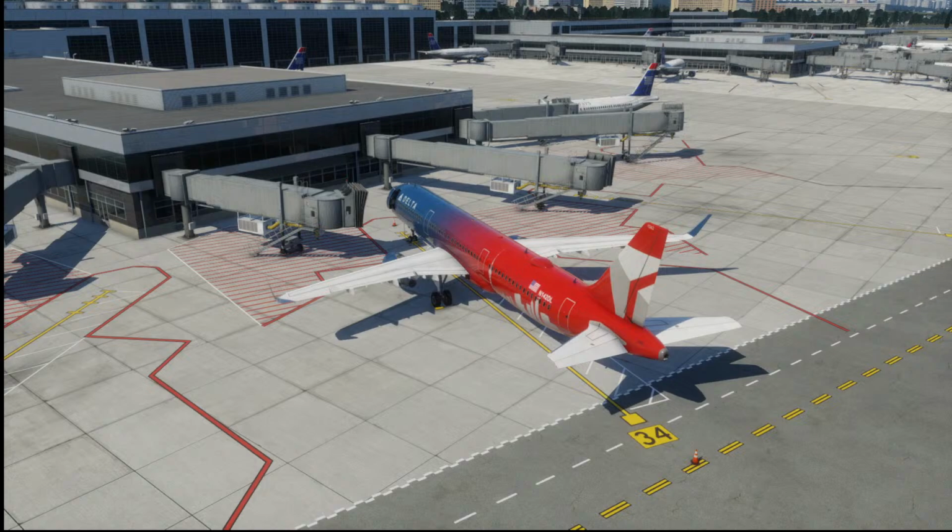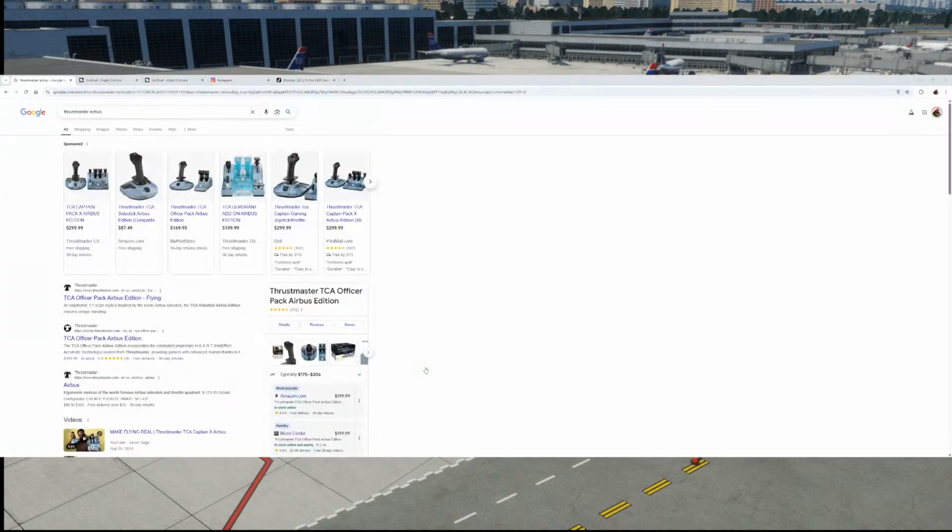Okay, this is what we want. So this is what I have, this quadrant.